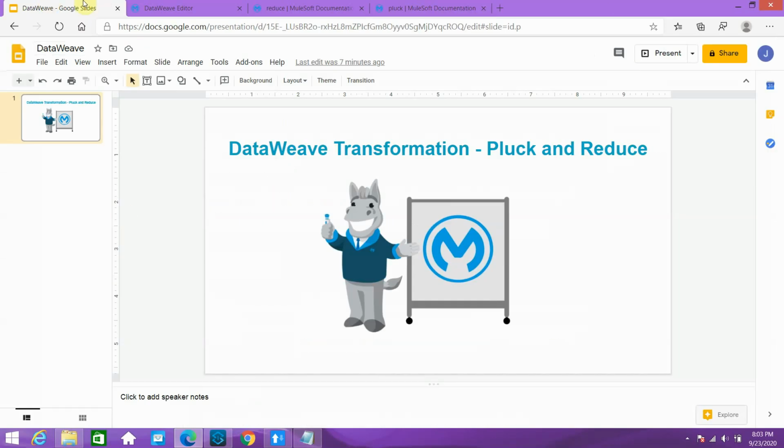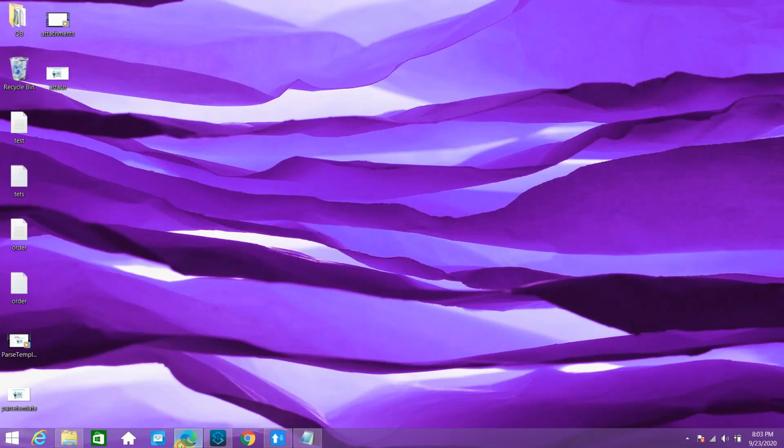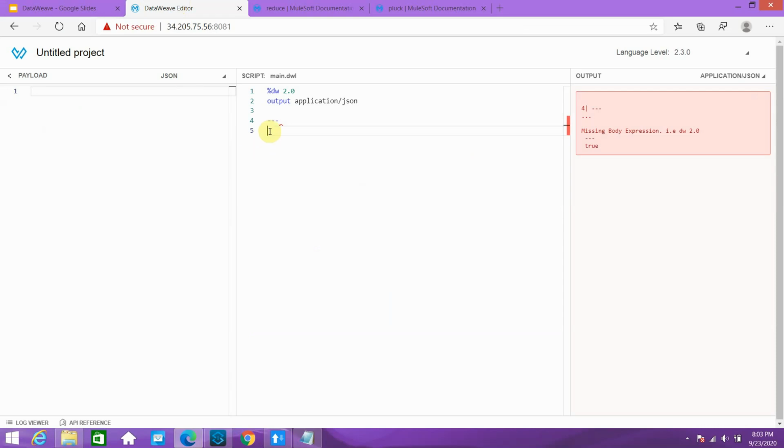What does this mean? Let me go to my DataWeave editor. I will take one object with a: 1, b: 2, c: 3.